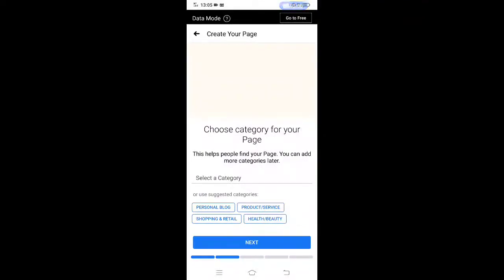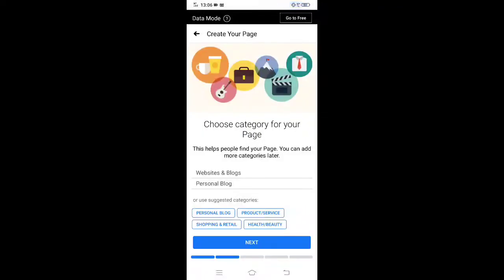okay, so choose category for your page. This helps people find your page. You can add more categories later. Actually guys, so select a category. So kung yan ba ay for personal blog, so pwede yan. And then next,